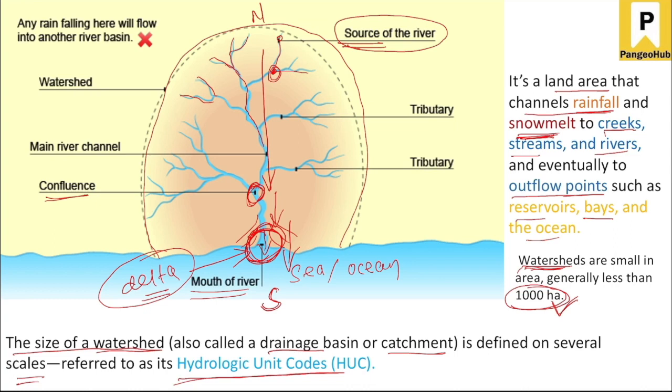mineral exploration. Suppose we want to do water sampling or geochemical water sampling, then we will take the help of hydrologic unit codes, because there is a large river system. Suppose we are going to deal with the Gangetic river system. Several watersheds combiningly form the Gangetic river basin. So by taking the help of hydrologic unit code, we can decide the particular area where we want to go to sample the water, to assess the quality of the water,